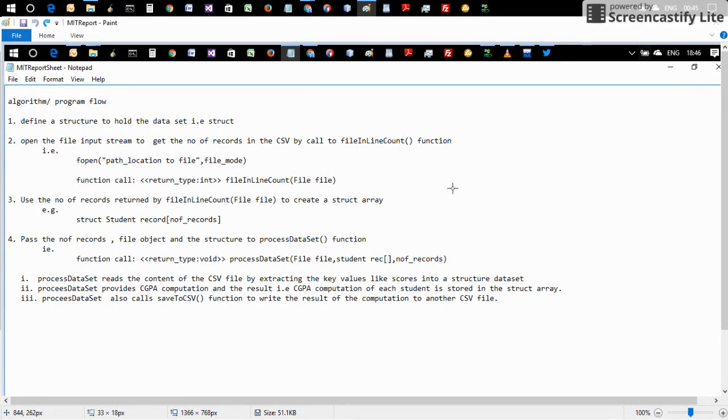And what allows you to do that is an element called struct, a programming element in C. It helps you to define the data set within the CSV file. So the first thing you do is you define a structure to hold the data set, and then the second thing you need to do is create a file input stream object